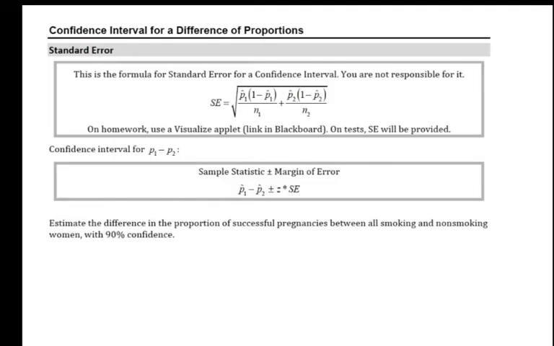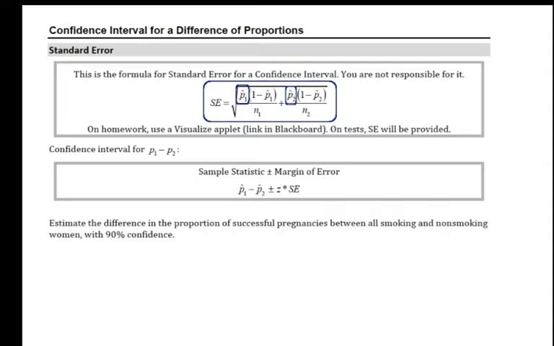And for a confidence interval for a difference of proportions, we have a standard error formula, very slightly different from the standard error formula for a hypothesis test. We have the two different sample proportions showing up in this standard error formula. There's really no such thing as a null hypothesis when we are finding a confidence interval, and so the idea of using a pooled proportion doesn't come up here. We just look at the two individual sample proportions and put them into this standard error calculator, but we are